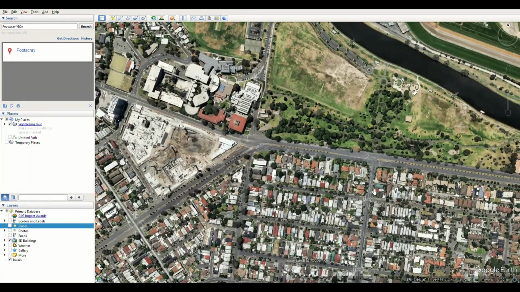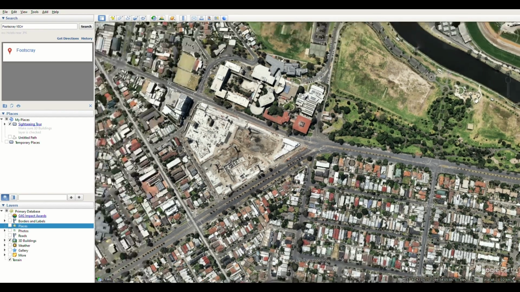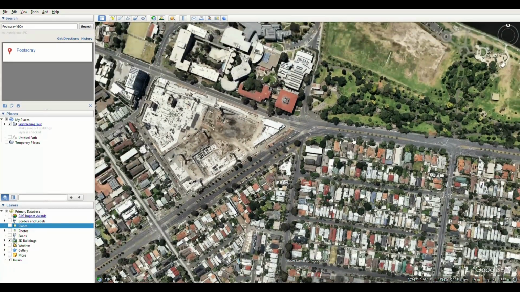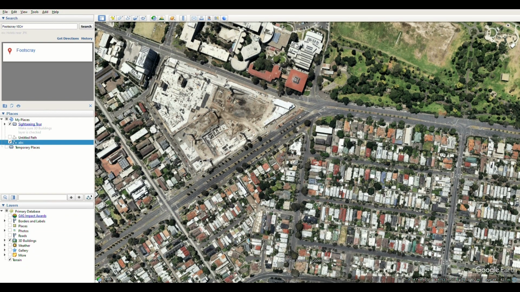So I've selected the Footscray Park as a site. It's in Melbourne, and first we'll create the path using the Add Path tool. But before that, we need to make sure that every other layer is turned off except for 3D buildings and terrain. So we'll just add a path